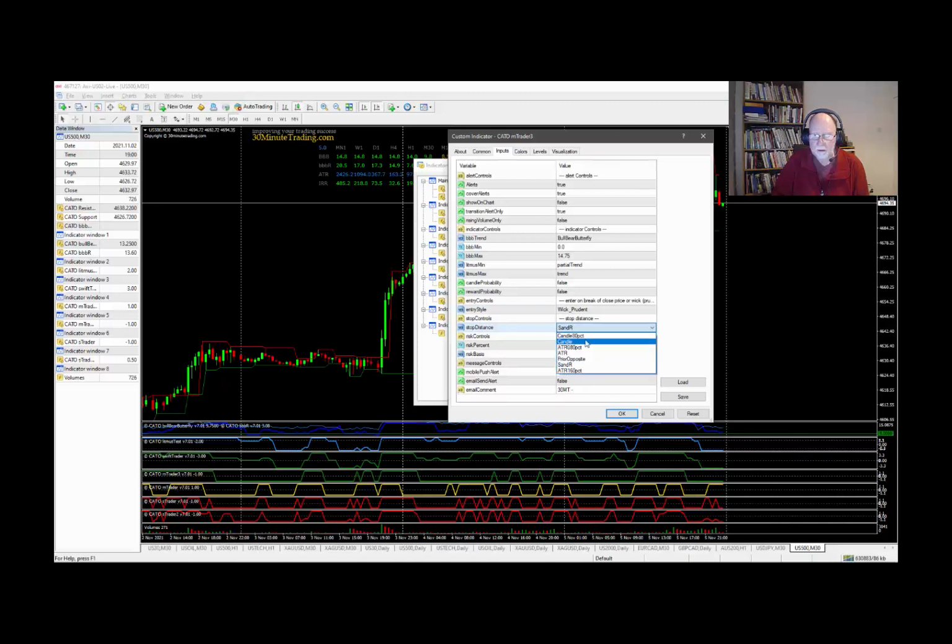80% of the candle, the whole candle, the average true range. The prior opposite, that means the previous red candle. Support and resistance, that means these Darbas lines, or the average true range and 160% of that. Now, again, your choice. That will give you more aggressive or less aggressive